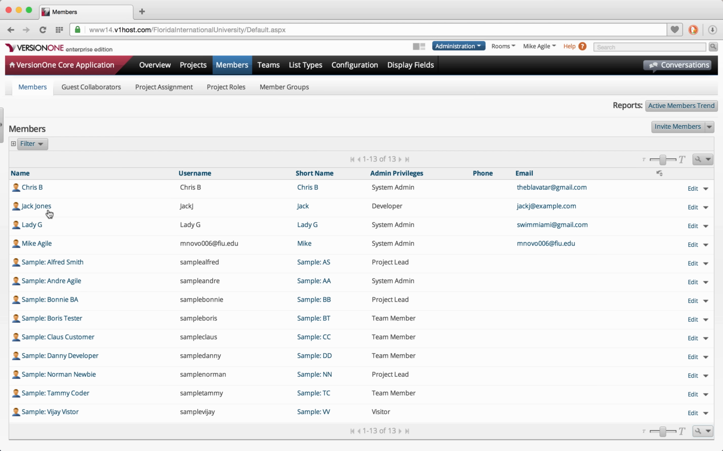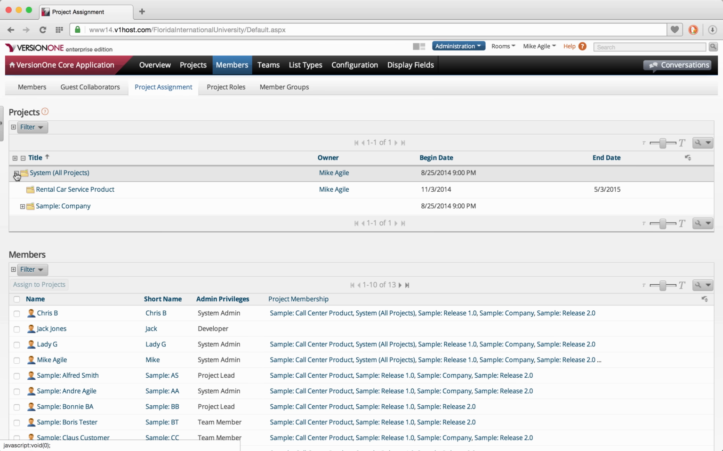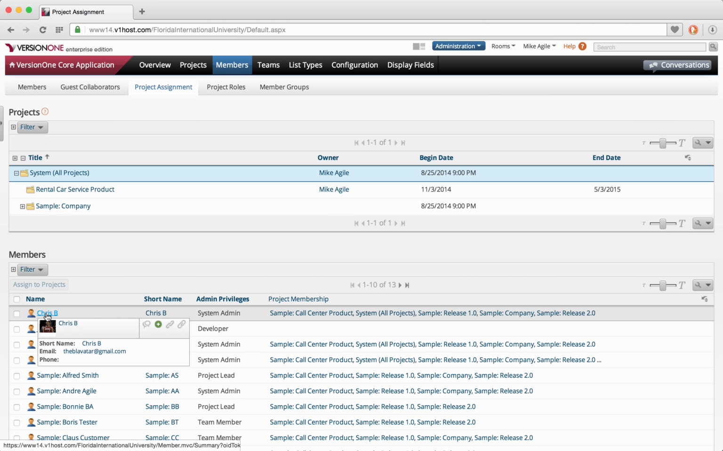The third step is to add members to our project. We stay within the Members tab, but instead of staying on the submenu option Members, we go to the Project Assignment submenu. Here we find all our projects, which we can expand, and a list of all our members. VersionOne allows us to drag and drop members into our project,